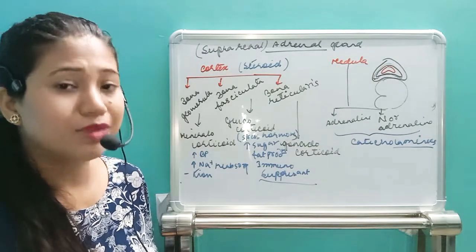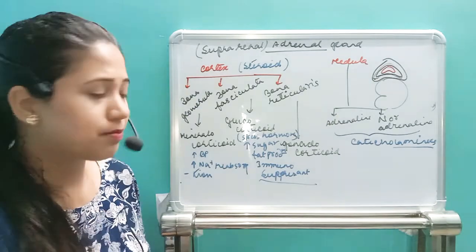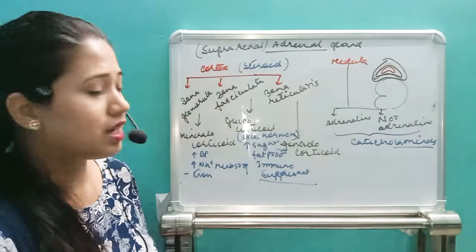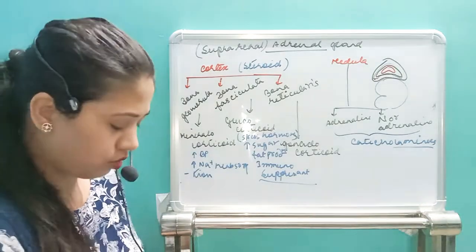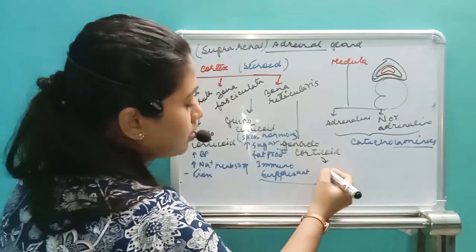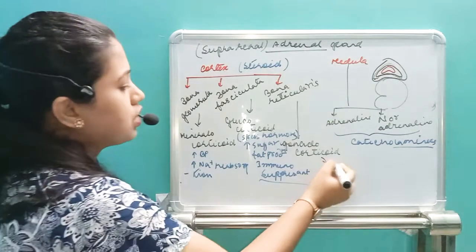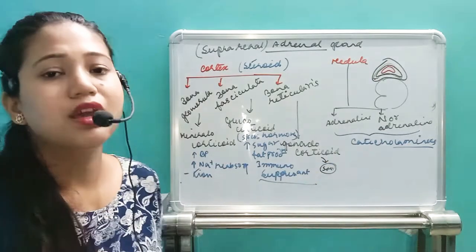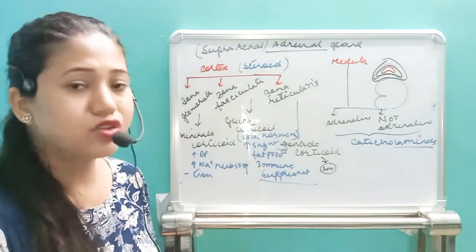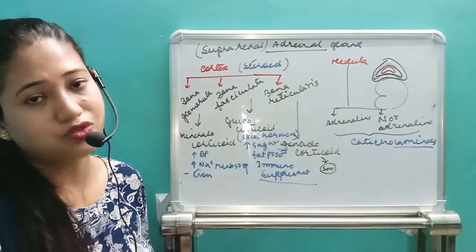Our immune system will be deactivated, or its function will be suppressed by the action of this glucocorticoid. Okay, next one, the last one, that is the gonadocorticoid. This gonadocorticoid will help in the release of the gonadal hormones. What are they? Estrogen, progesterone and testosterone. So the three sex hormones will be released. In the males also, in the females also, we will have all three hormones: estrogen, progesterone and testosterone.